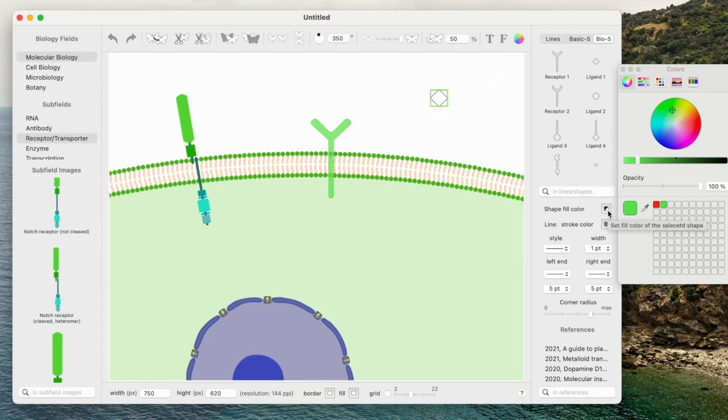We can fill this shape. We should press this button, then use the specific color, let's say red one, and we can put it somewhere here as ligand for this generic receptor. So this is the advantage of this BioShape template, that you have flexibility for different colors in comparison with images